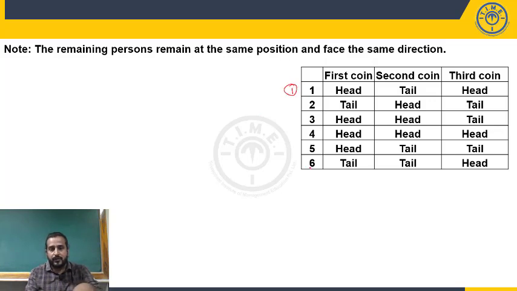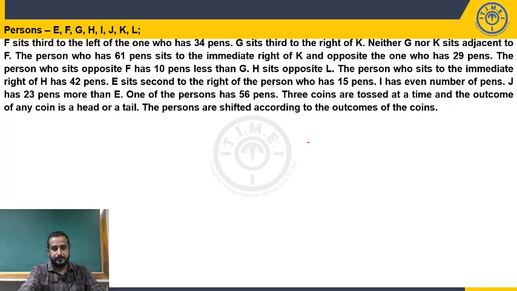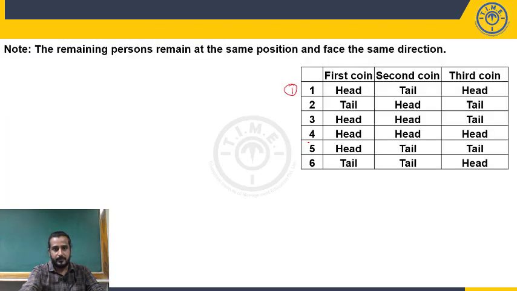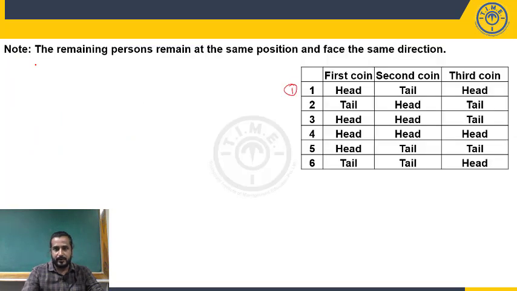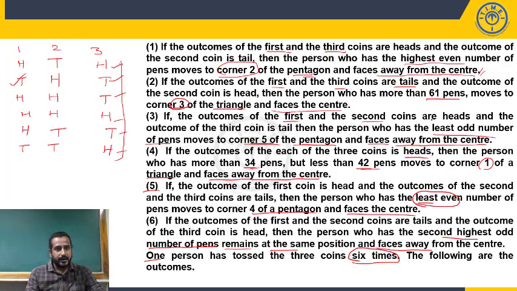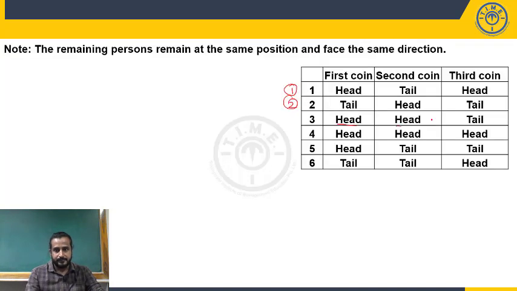So, these are the outcomes of the coins, but the instructions need not be in the same order. You need to observe, we need to cross check with the instructions. Head, tail, head is instruction 1. What is second one? Tail, head, tail. Yes, it is second instruction, right? Perfectly matching. Third one, the third outcome is head, head, tail. So, which instruction is to be applied? Head, head, tail. Third instruction. Third one only. They are giving the order, I think.